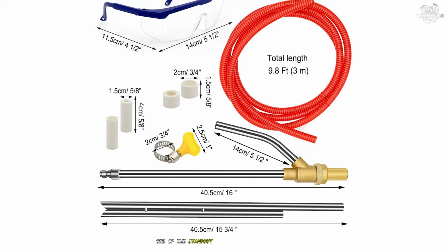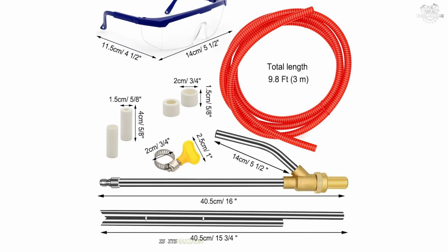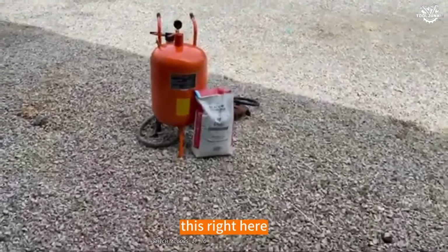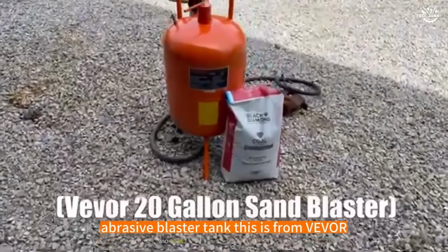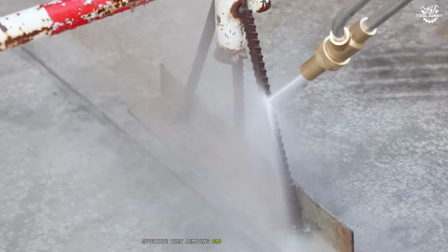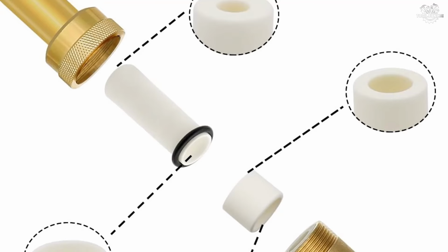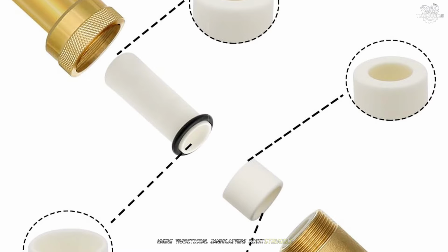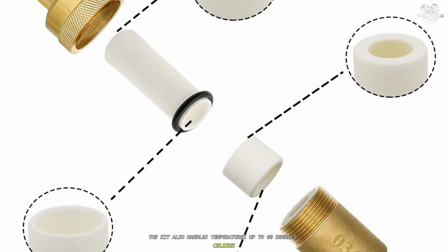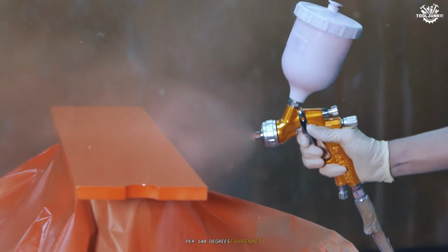One of the standout features of the Tayapura kit is its maximum working pressure of 5,000 psi, which allows it to tackle even the toughest rust and paint removal jobs. I found it particularly effective when removing old paint from concrete surfaces, where traditional sandblasters might struggle. The kit also handles temperatures up to 60 degrees Celsius, or 140 degrees Fahrenheit, making it versatile enough for various